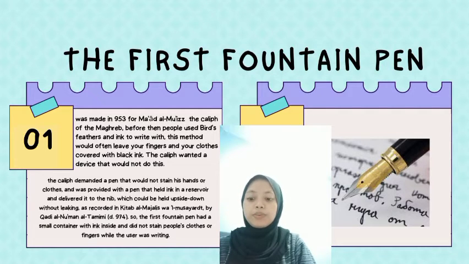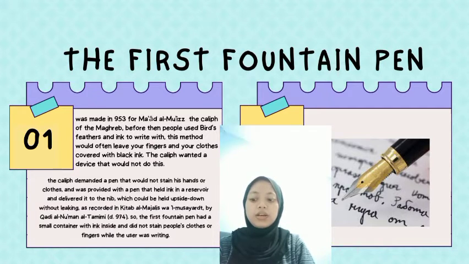The Caliph wanted a device that would not do this. The Caliph demanded a pen would not stain his hands or clothes, and was provided with a pen that held